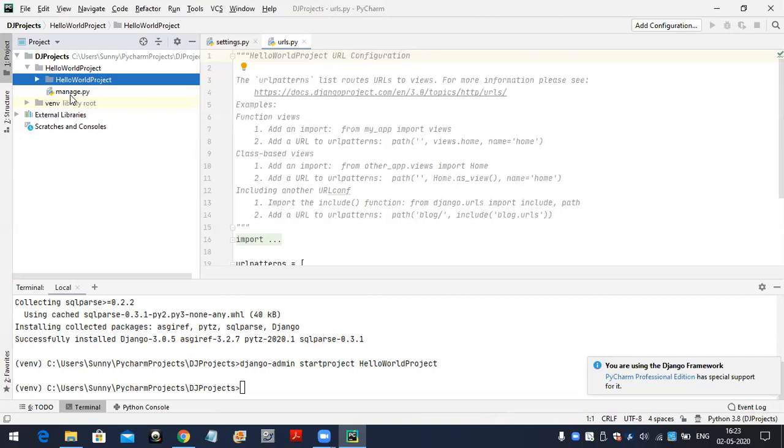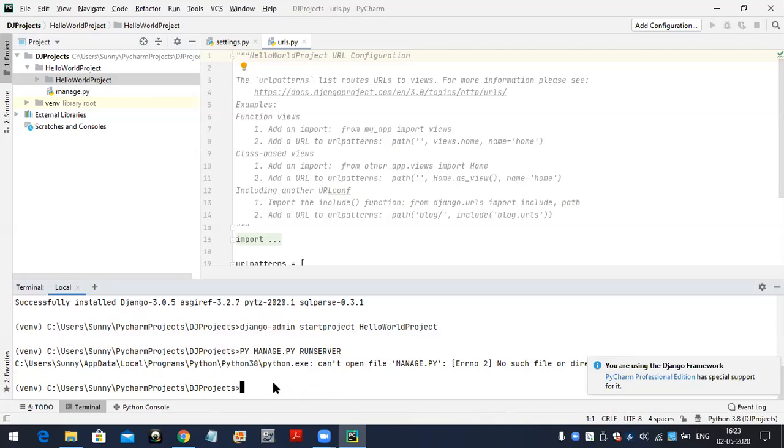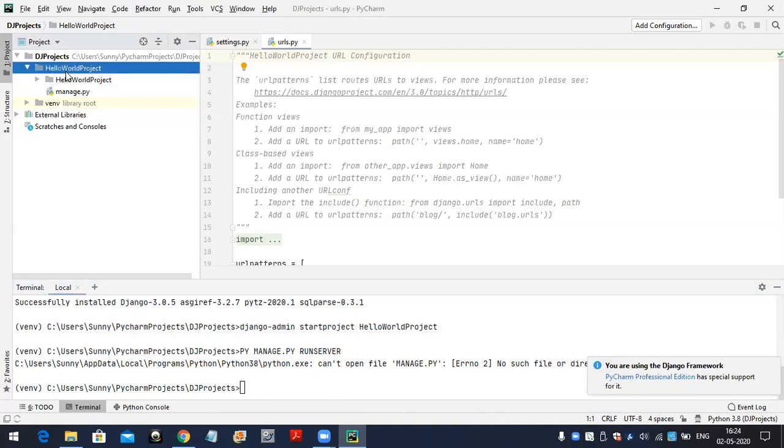First, let's see it. First I will start the server: py manage.py runserver. Sorry, one minute. Here we have to go to the location where we have the manage.py file, inside the Hello World project. So first we have to go to this project location.